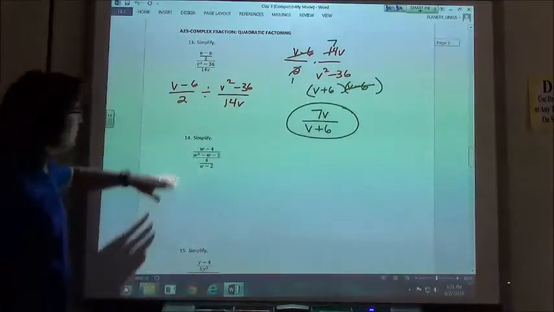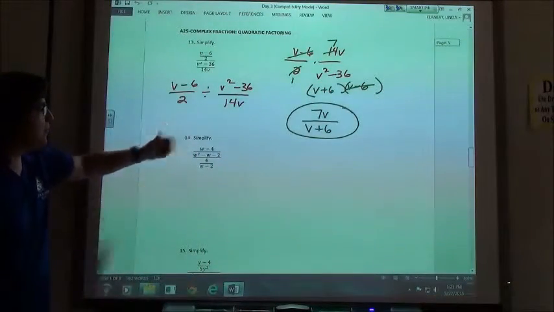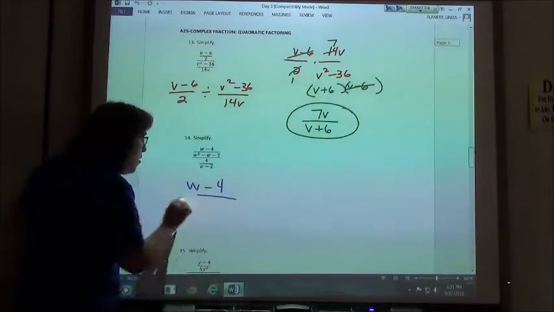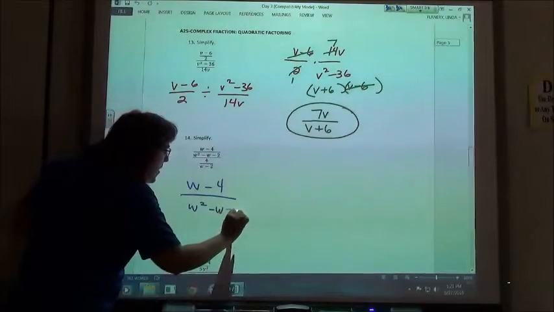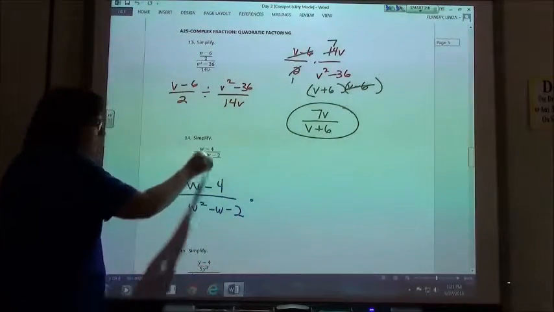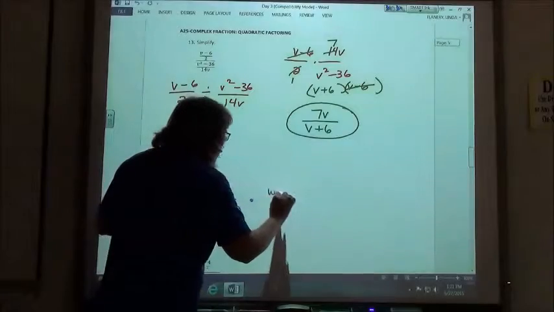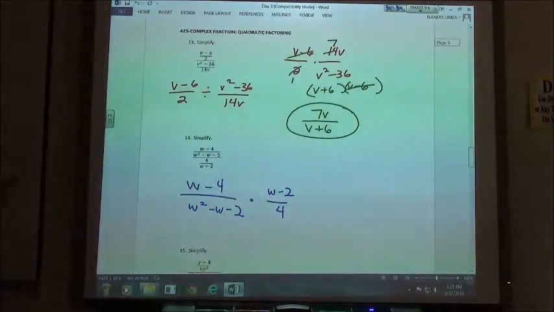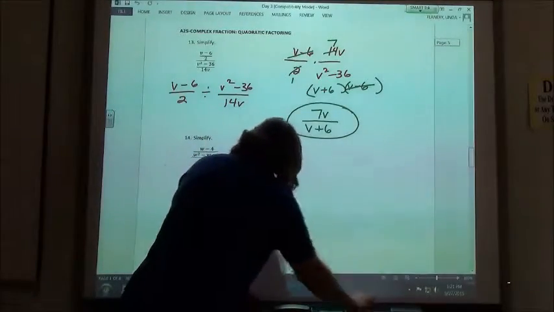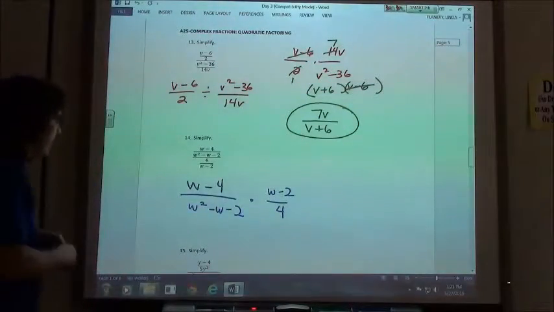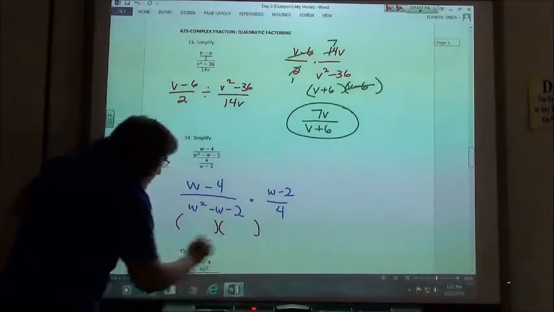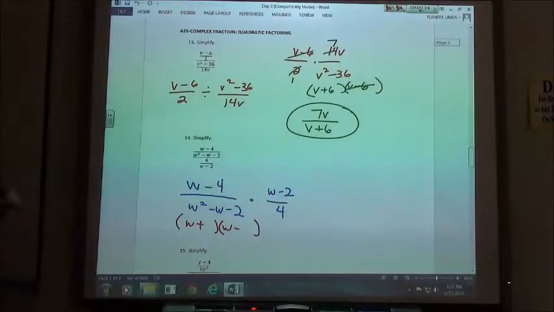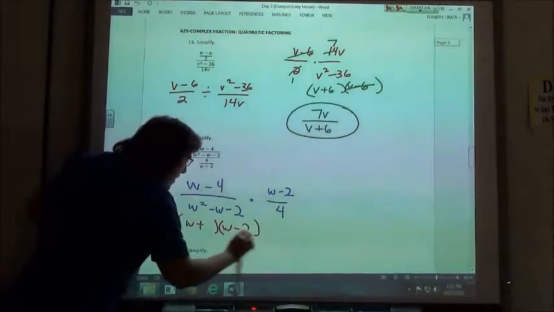So again, as long as I remember this is a division problem, I'm going to invert and multiply. So I'm going to say (w - 4)/(w² - w - 2) times the reciprocal, so (w - 2)/4, and save myself a step in there. Again, I need to factor, and the only thing I can factor is this quadratic expression here. w and w, a plus and a minus. Factors of 2, I want a minus 1 in the middle,